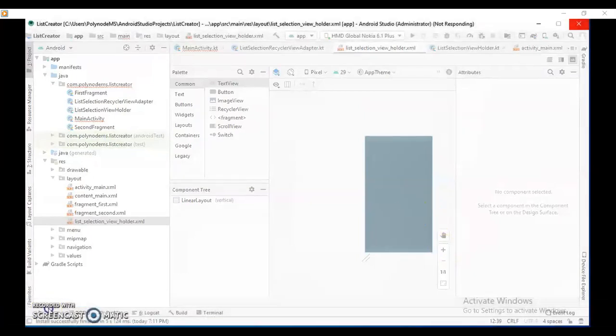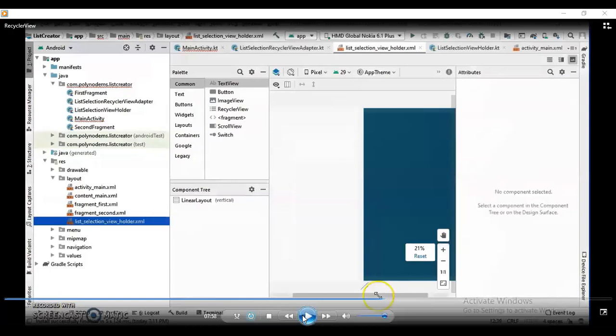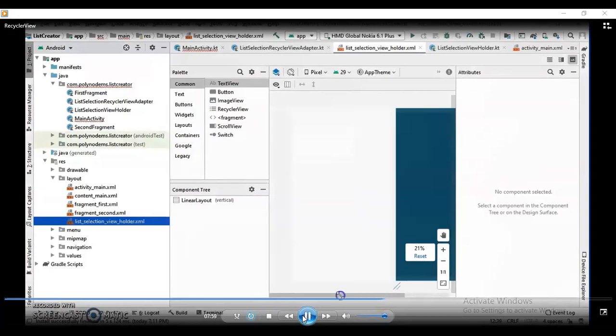I want to display those 3 items which I have created in the previous array. But how will I display them? I will display them as a numbered list. So 3 items are there, and those 3 items will be displayed, but for that purpose I will be adding 2 text views inside this linear layout.